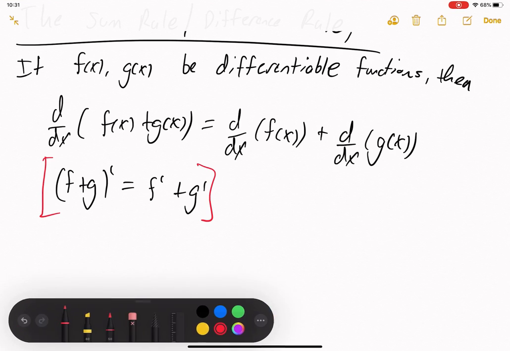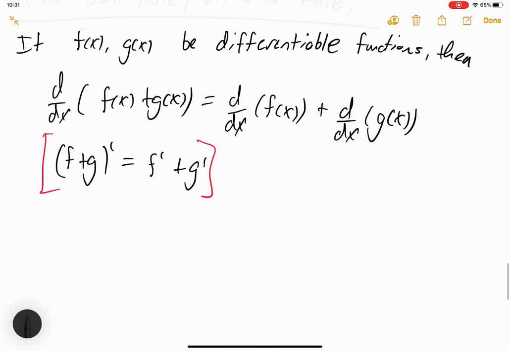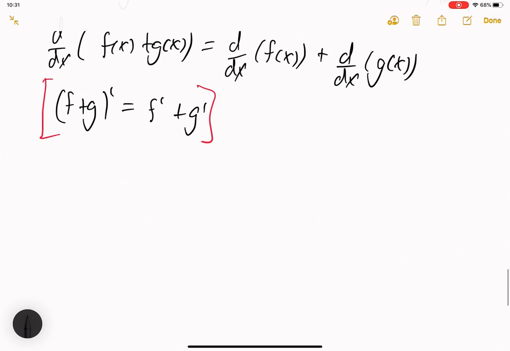So likewise, we just had the sum rule, because this is the sum. The derivative of a sum is equal to the sum of the derivatives. Kind of like the same thing we did with limits. So then, also like what we did with limits, we have the difference rule. So the derivative of f of x minus g of x